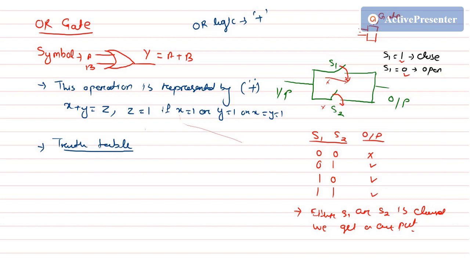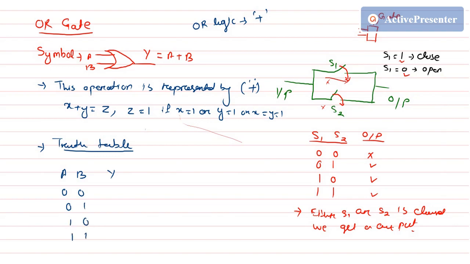So basically these are two logics. If there is a logic, then we need to know whether it is true or false. So from there the term truth table comes. If I write A, B and the output as Y, and I write all the possible combinations: 0 0, 0 1, 1 0 and 1 1.